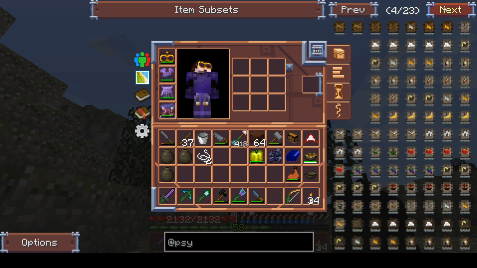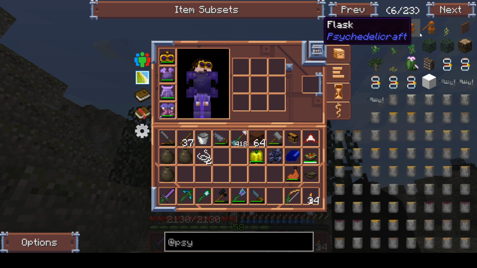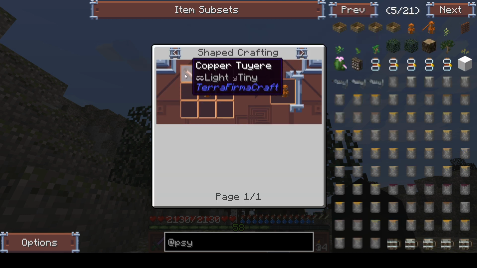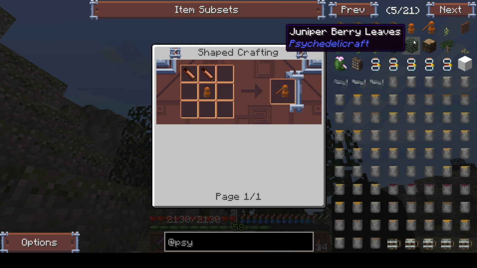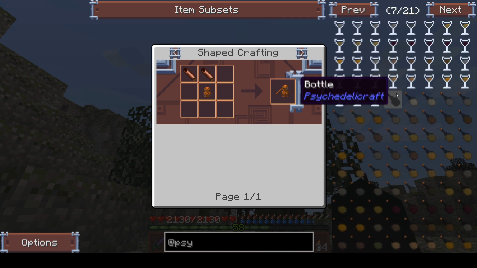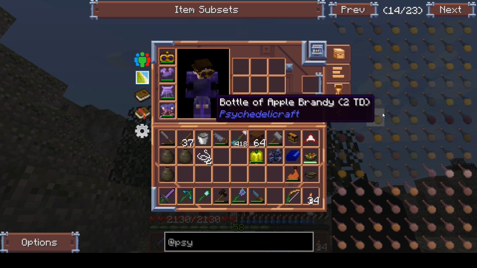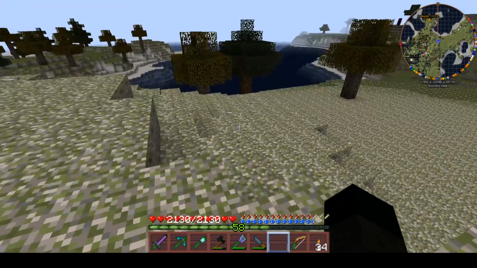Hang on, are these? Have we? Oh my god, we've got things. Okay, so we've got a wooden vat. We've got a flask and a distillery. Needs copper. Oh my god, tire. I just never thought I'd have to make those. Wooden lattice. I have no idea what half of this is for. All right, this is not helping. I'm going to leave my juniper barrel. I know we've got plenty of them, so